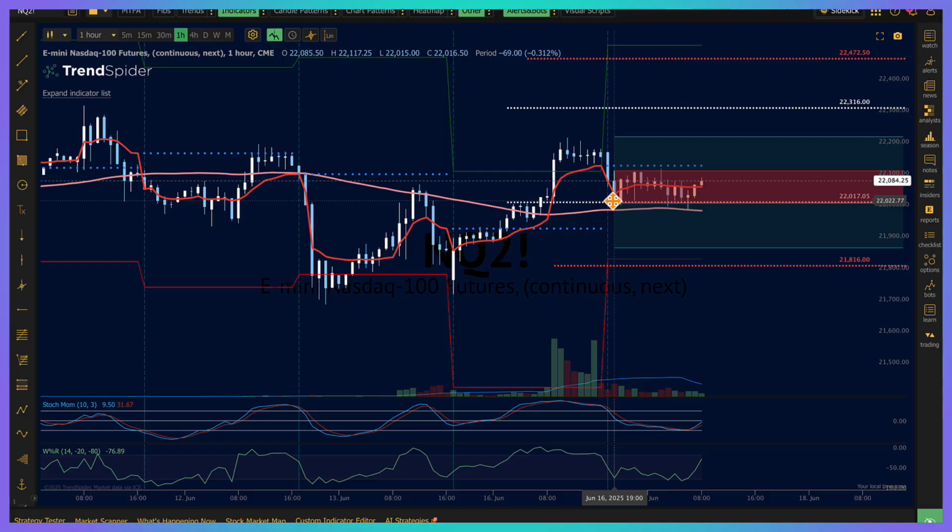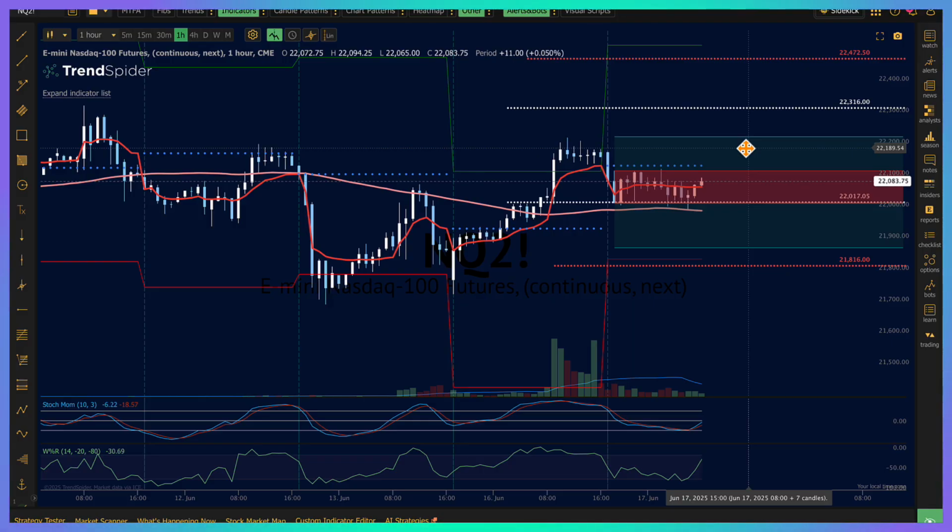Opening range low, 22,015. Opening range high, 22,117. So we've got over 100 points on the range of the market. So that being said, the low of the expected move is 22,017. We've broken that a couple of times, but the traders are now holding it. So my suspicion is that we ride into congestion above, and that's about